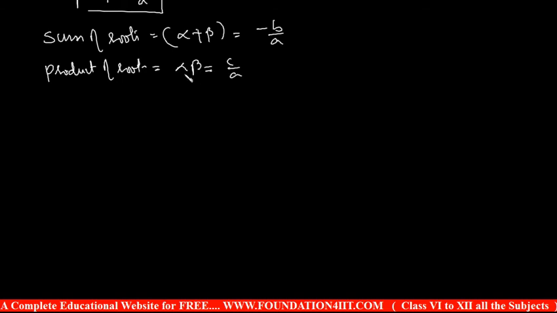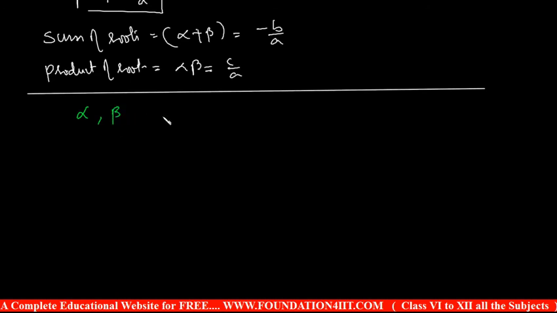Again, one more condition I will show: in case they give the roots, how to find the quadratic equation. This is to find the equation whose roots are alpha comma beta. If alpha and beta are given, then the quadratic equation is x square minus (alpha plus beta) into x plus alpha into beta is equal to 0. From a quadratic equation you can find the roots, and if they give the roots, we can also make the quadratic equation. You can substitute alpha plus beta is minus b by a and alpha beta is c by a.